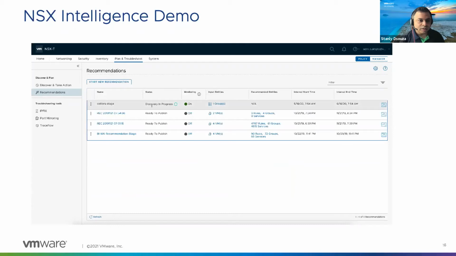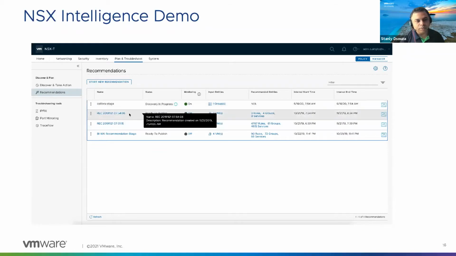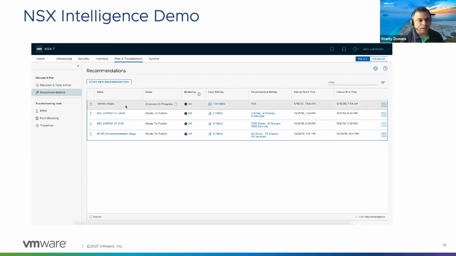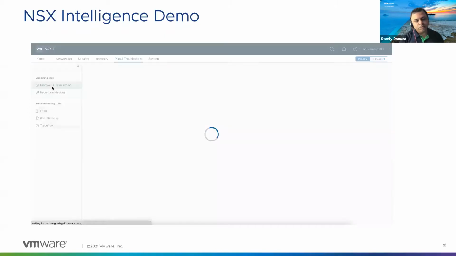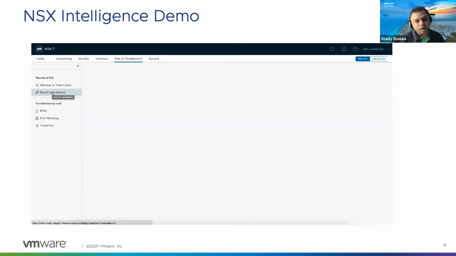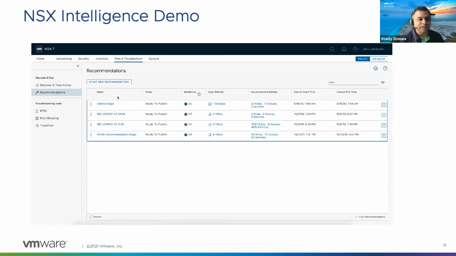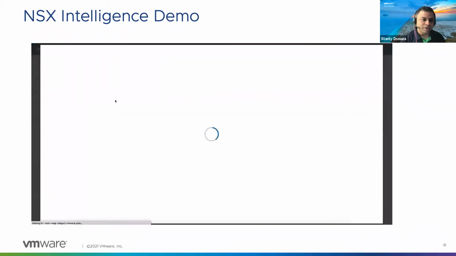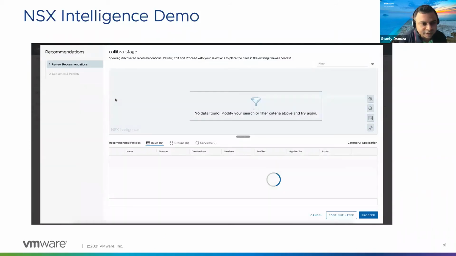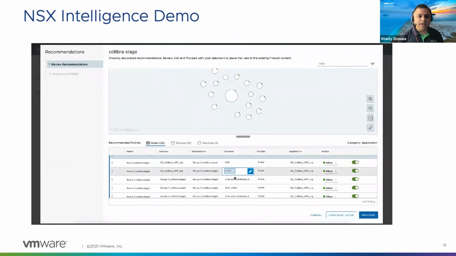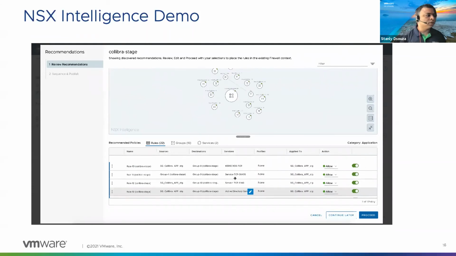So it's still discovering the data. Because we have chosen 1 month as the time period, it's going deeper and trying to get more insight out of the 1 month of data it has gathered. To shorten the time, we can even go for 7 days, but for our demo we are choosing 30 days of discovery. And now that we have the recommendations populated, we can see that around 22